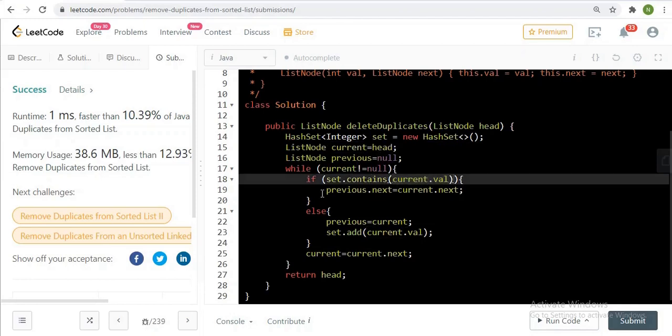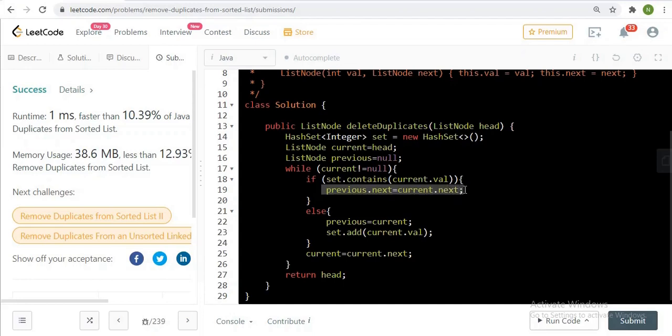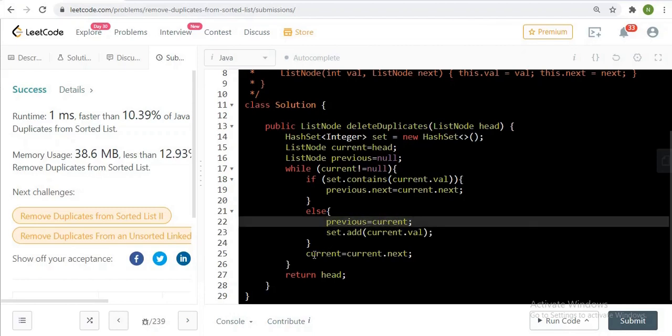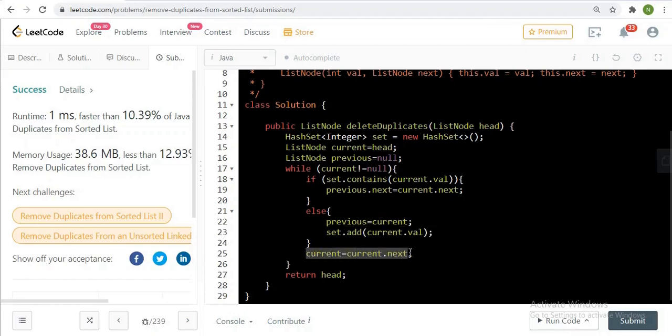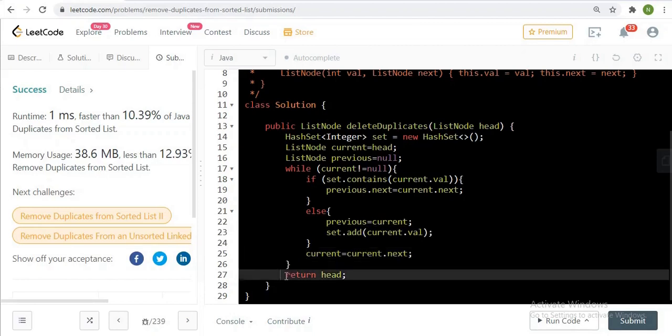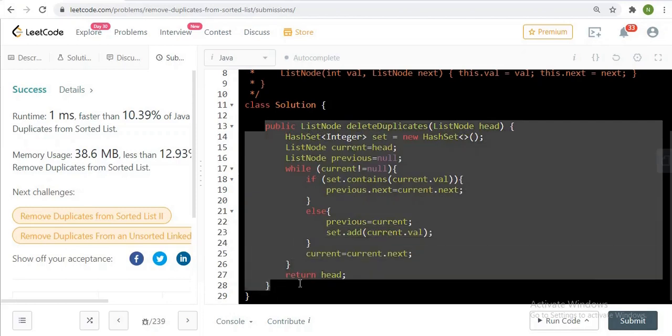If it is contained, then we can simply set the previous dot next to the current dot next, so that we can break the chain. And in the else condition, if it is not contained, then add the value to the set for the future reference and set the previous to the current. Now iterate over next and finally return the head. So this is the Java implementation. If you want to take a screenshot, then you can.